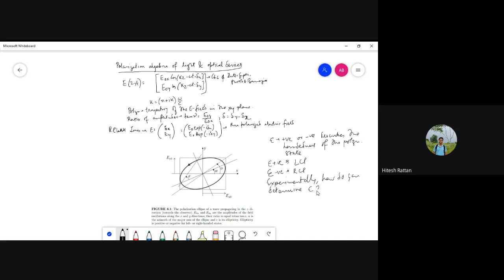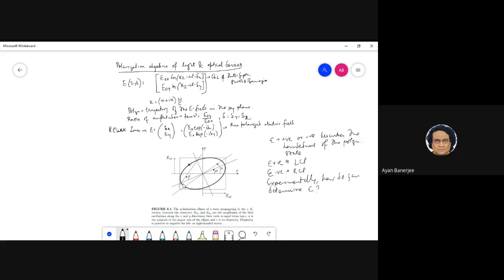Sir, how is epsilon constructed? Epsilon is just the eccentricity, right? Sir, eccentricity is not an angle. No, no. I'm sorry. Actually this is given by the angle. Well, I'm sorry, this is ellipticity actually, not really eccentricity. It tells you the angle between the minor axis and the major axis.